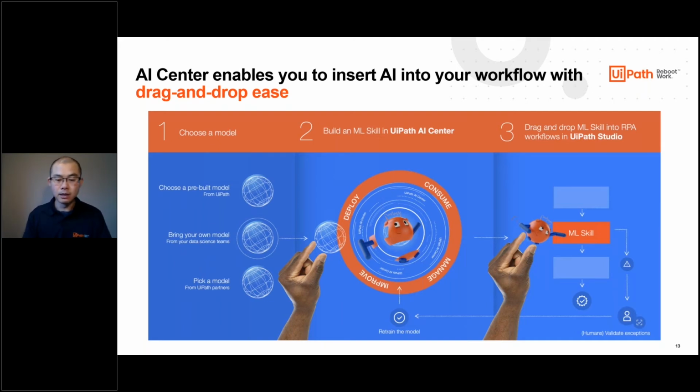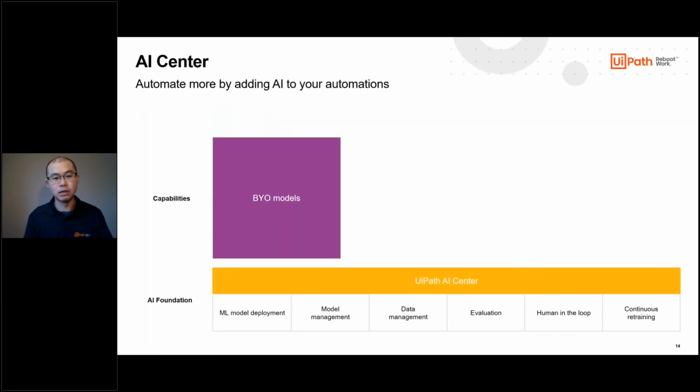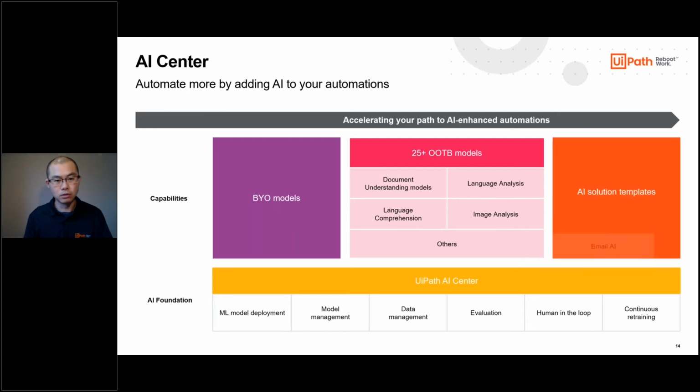If you think about the traditional gap, I think we've seen statistics that say the vast majority of AI initiatives never make it to production. Something like 16% of the AI models developed will make it to production. With AI Center, the power is having this machine learning platform directly integrated into your RPA platform, so RPA itself becomes a vehicle for you to quickly productize what you can do with your machine learning models.